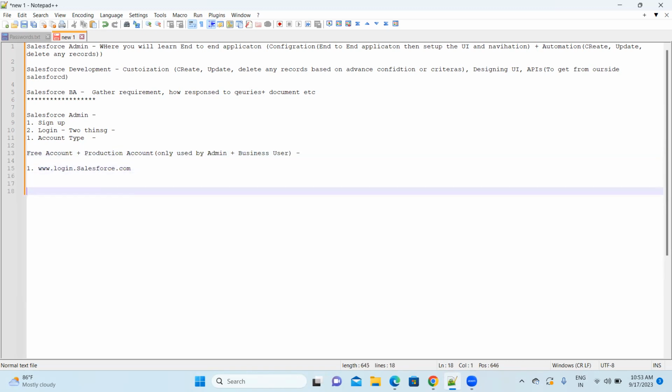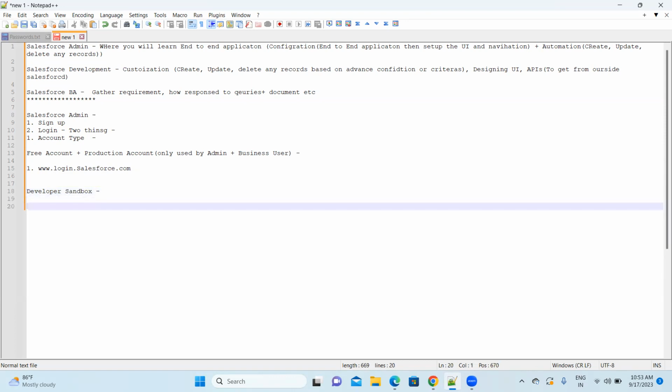Okay, second comes developer. You can say developer sandbox. The name is developer sandbox. Okay, so the developer sandbox is the one where the actual development happens, and the URL is test.salesforce.com. Okay, this would be the URL which you guys would actually be using when you are in the corporate world. When you are in a company, this would be the URL which you will log into